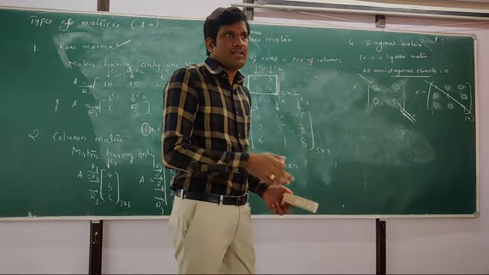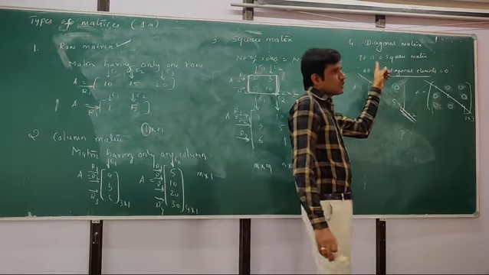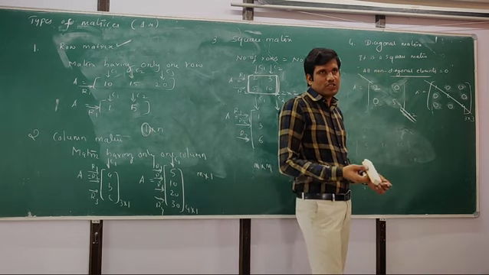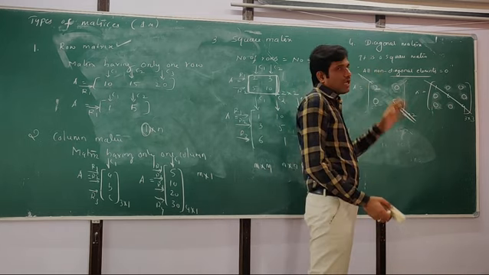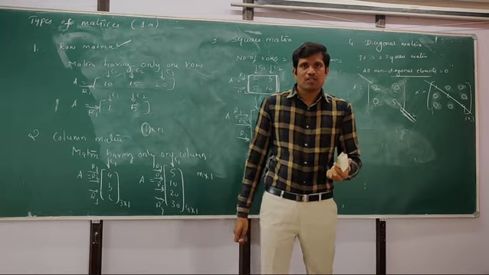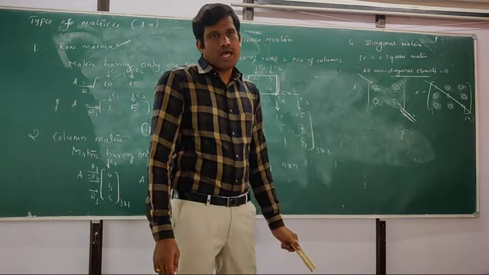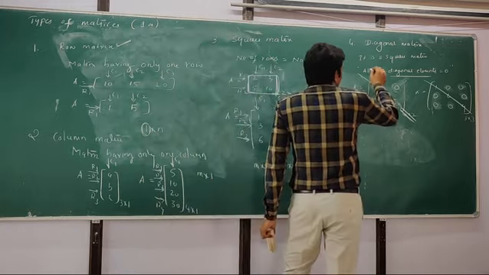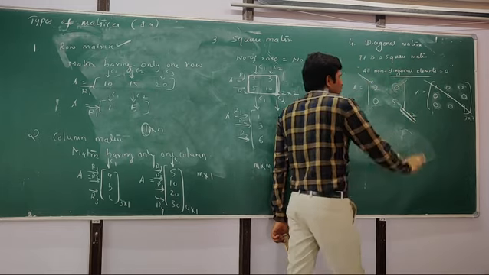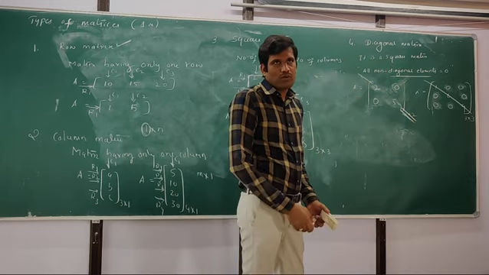So compulsorily, a diagonal matrix is defined only for a square matrix. If a given matrix is a square matrix, then we can define a diagonal matrix. If the given matrix is not a square matrix, then we cannot define a diagonal matrix, right? Therefore, a diagonal matrix is a square matrix in which all non-diagonal elements are equal to 0.